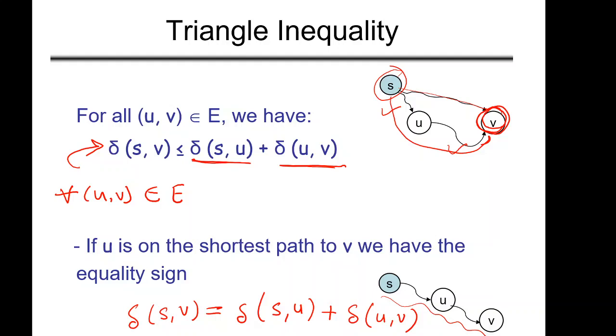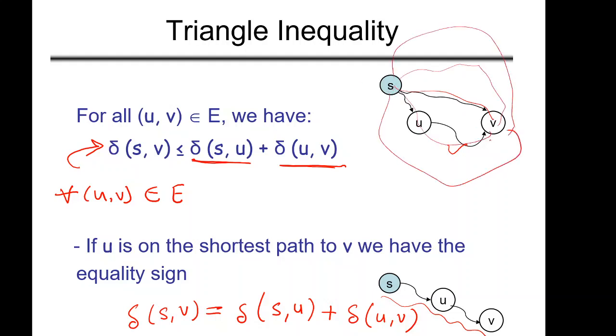So this is also called the triangle inequality. It behaves like a triangle. You can take many other paths, but all those paths have more weight than the shortest way. And this becomes equal if our vertex U lies in between on the path. So this is the triangle inequality. With this, I hope